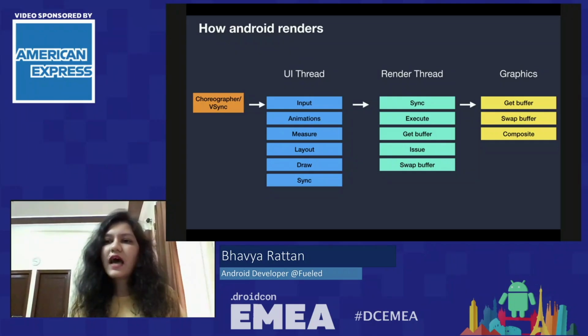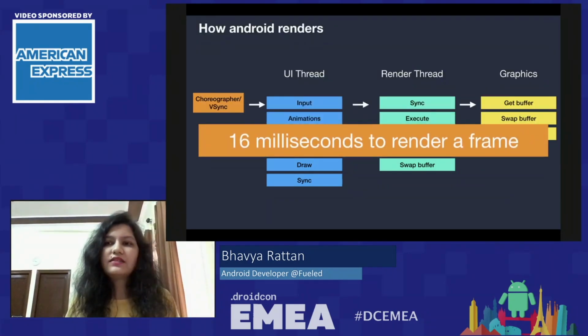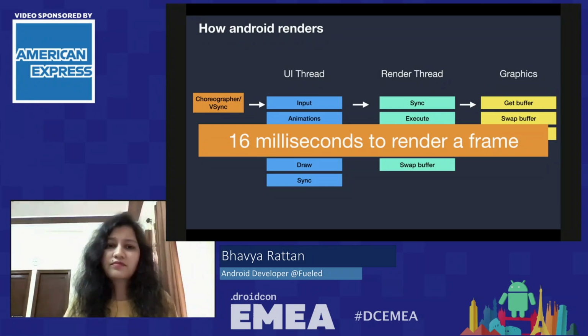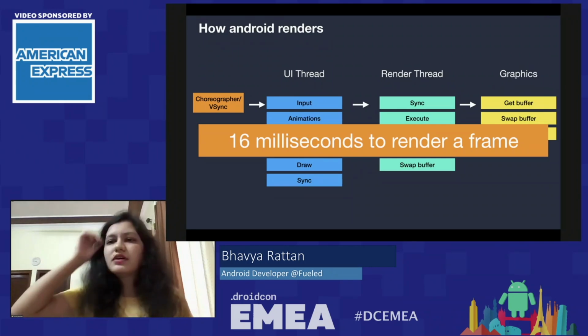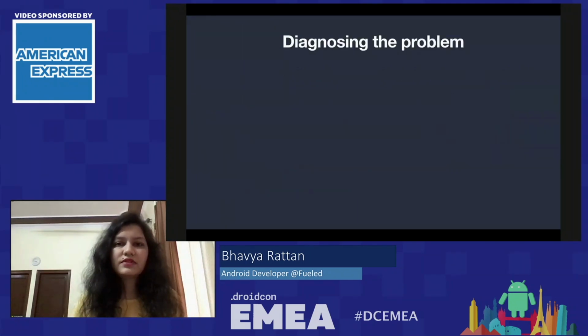So all of this happens, and to do this within a refresh rate of 60 fps, we have approximately 16 milliseconds to render a single frame on screen. That's why an optimization of even 1 millisecond could be really helpful to avoid that janky behavior. Even if you are not convinced enough to go to your layouts and check them out, I will guide you on how you can diagnose the problem so that you can check which layout is causing the problem.